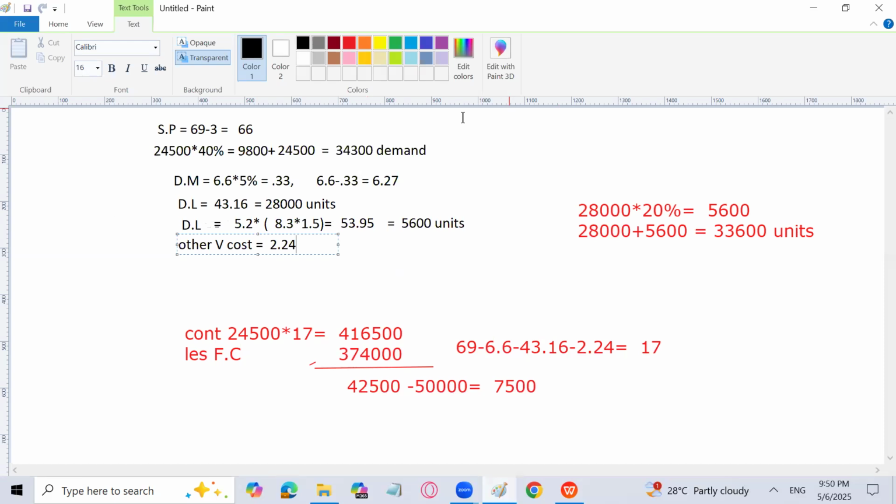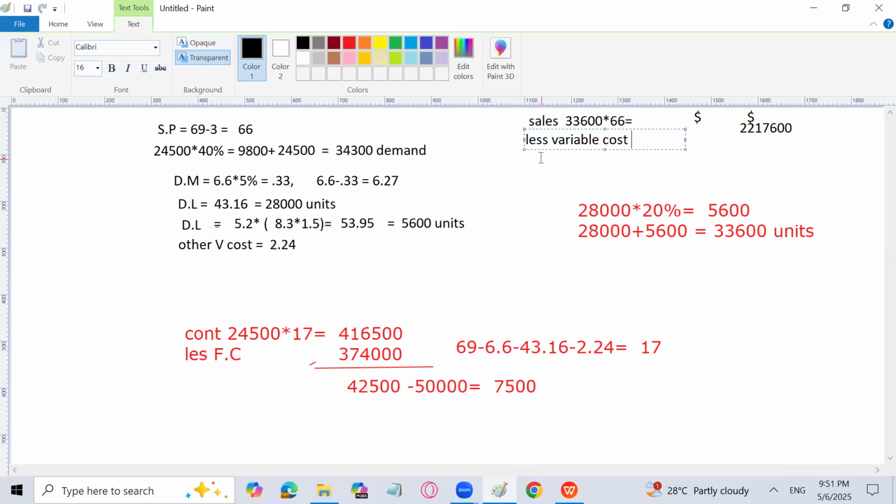Let me write the sales first. Sales is going to be 33,600 because 34,200 we can't produce into 66. So what is the amount of sales? 2217600. So less